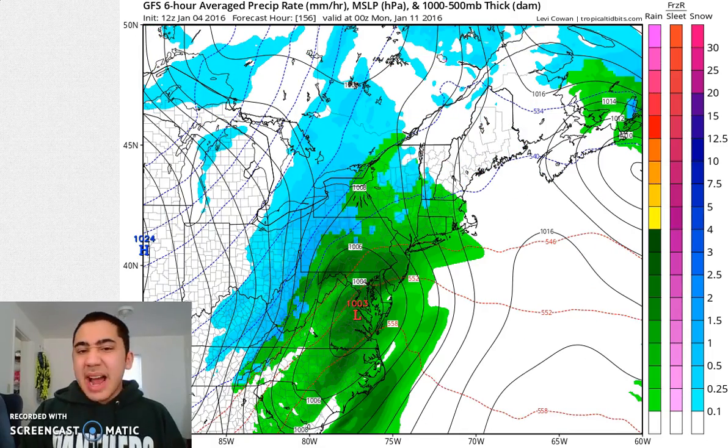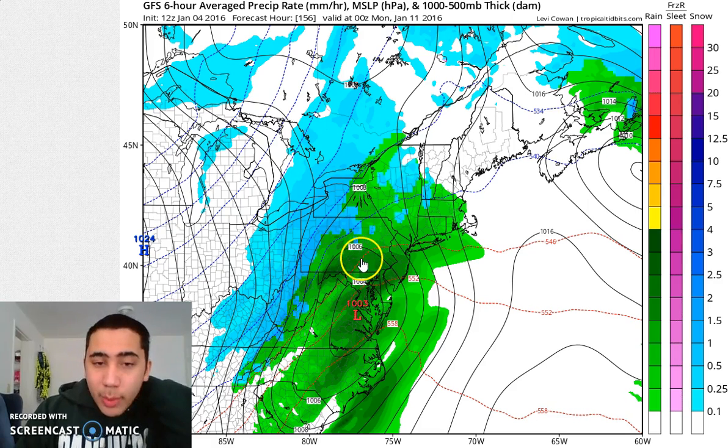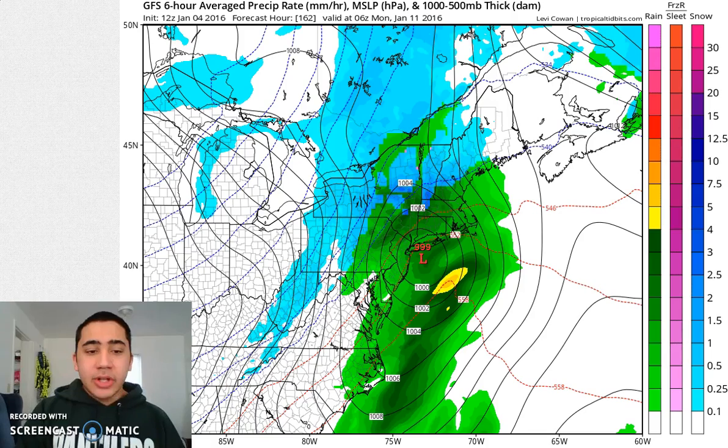So it doesn't give us time to cool down. And as you see, it gives us a lot of rain. Those red lines are all the way up into Pennsylvania. However, this could be some decent snow out towards portions of Pennsylvania, Ohio, the Great Lakes, and then that eventually